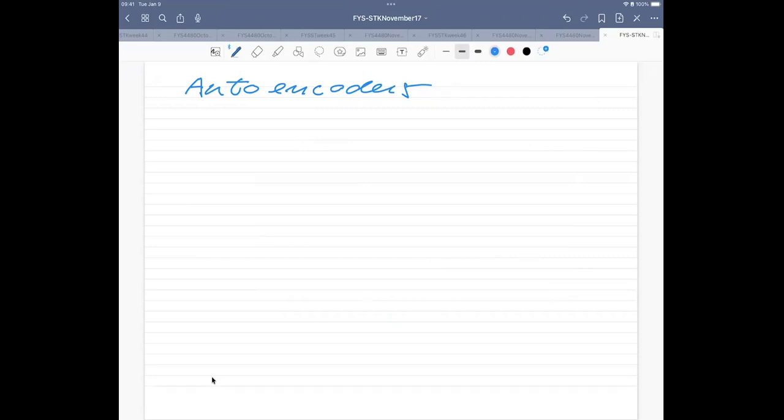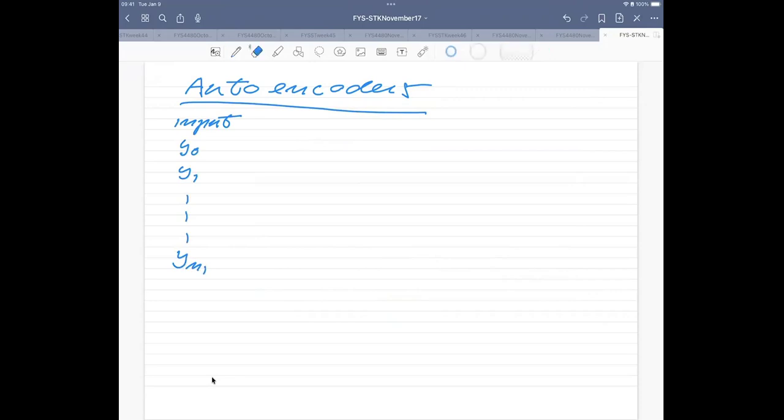So think of you having some input, and let's just call this input Y0 and Y1, and n minus 1 here. So you have a set of input data.